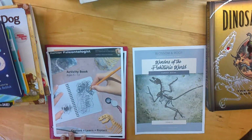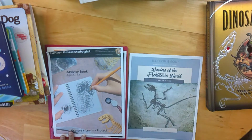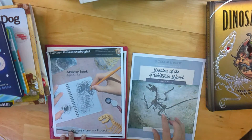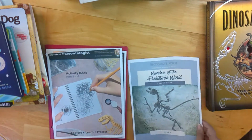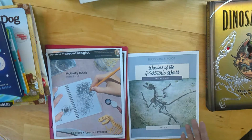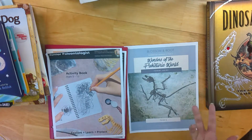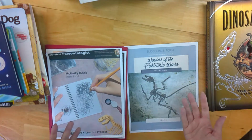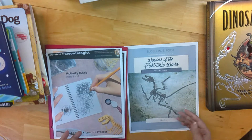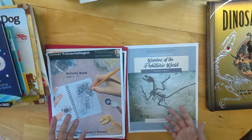So we are going to be using, I don't have the whole thing, I just have this piece of paper because of the nature of the curriculum, but we are going to be using Blossom and Root's Wonders of the Prehistoric World. I haven't printed out the entire thing because it's not necessary. I have it saved to my drive and I'll look at it on my phone. I just don't feel that it's worth wasting the ink to print this whole thing out because this is just for the parents, and then it does come with a